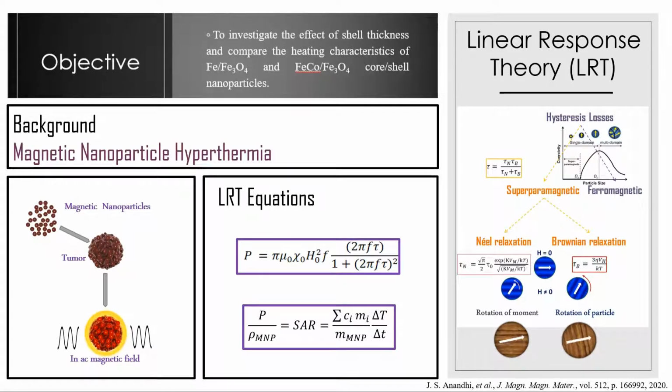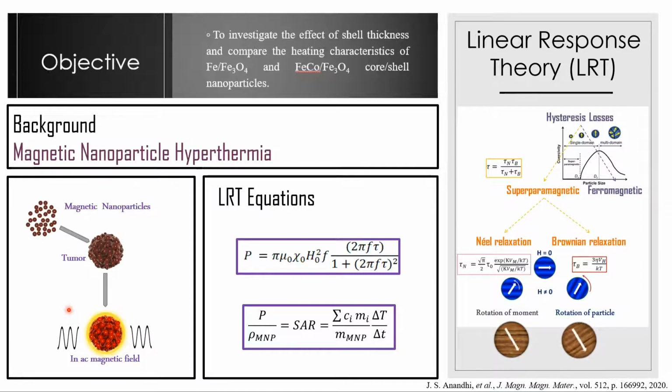The objective is to investigate the effect of shell thickness and compare the heating characteristics of Fe, Fe3O4 and FeCo, Fe3O4 core shell nanoparticles. Background. Magnetic nanoparticle hyperthermia is a cancer treatment technique that utilizes the heat dissipated by magnetic nanoparticles exposed to an alternating magnetic field. A temperature rise of up to 10 degrees Celsius from the human body temperature is requisite for killing